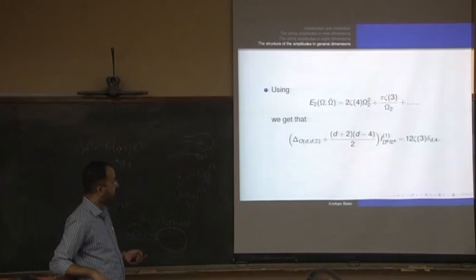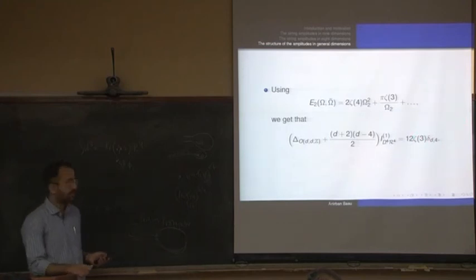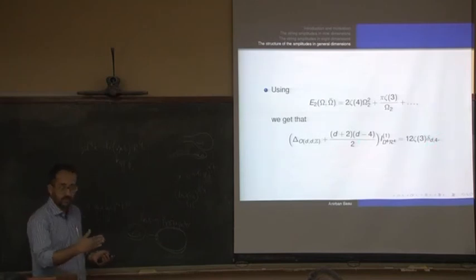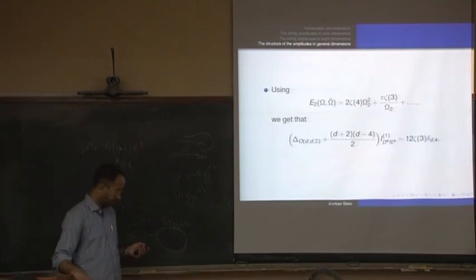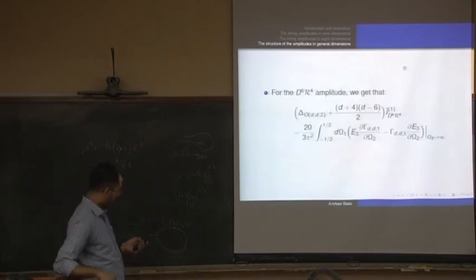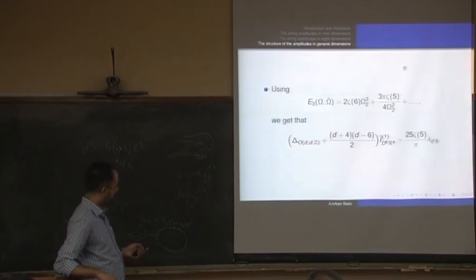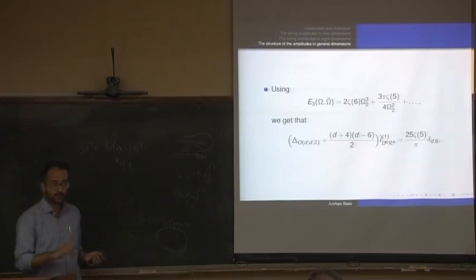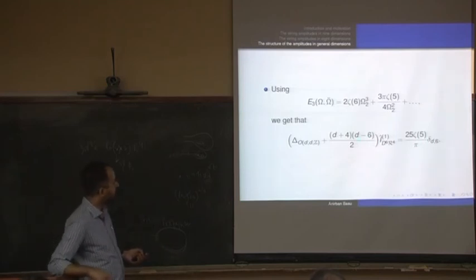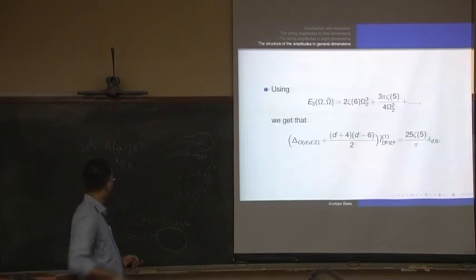This precisely agrees with the conjectures based on U-duality. And this can be non-vanishing only in 6 dimensions. I can note that this eigenvalue will be vanishing in 6 dimensions, so it's insensitive to the scale of the number. For D^6 R^4, again we get this. And again I use the expression for E3, which is again non-vanishing only in 6 dimensions, so back to a 6-dimensional torus. We have precisely 25 zeta(5)/pi, which also follows from the conjectures based on duality. And again this coefficient vanishes in precisely 6 dimensions, so again this is insensitive to the scale.